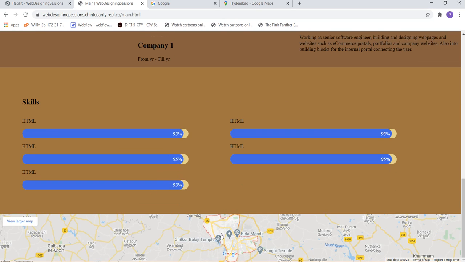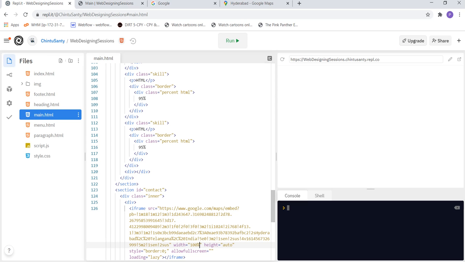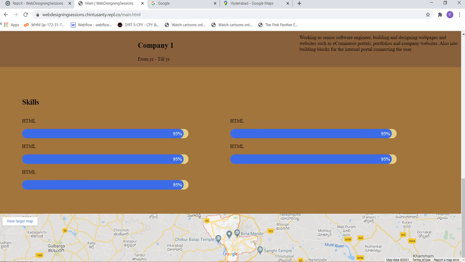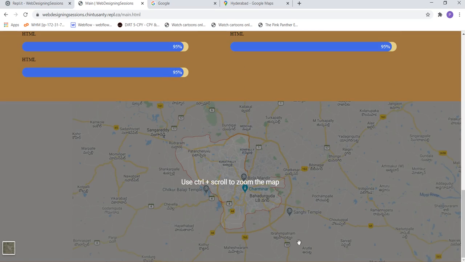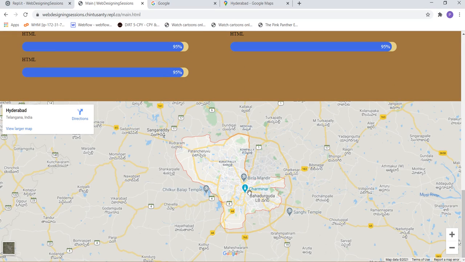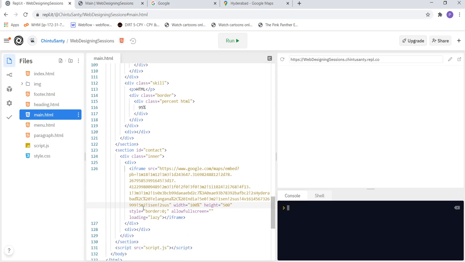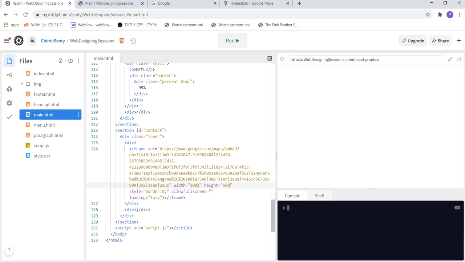you can see that I have a map. So what I can do is I can give the width as 500, that is it takes 500 pixels, and height as. Okay, so this is how my maps look. So you can give your own location here, and in the next div you can mention your social things like,